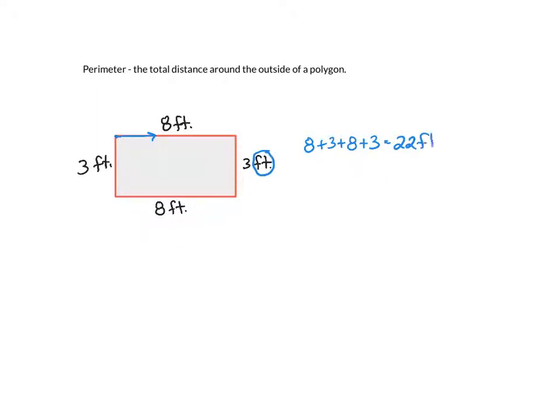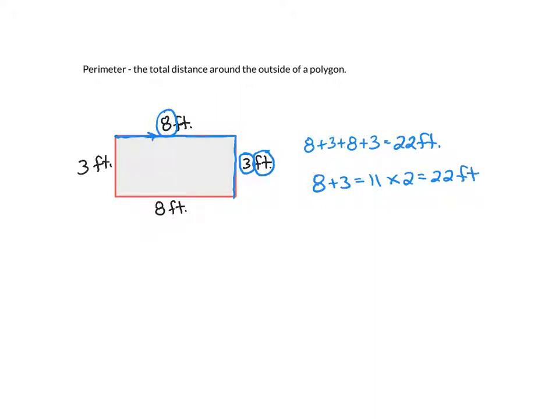It's 22 feet. Now that's one way that you could figure out the perimeter, but I do want to talk about some other ways as well. Rather than just adding up all those numbers, something else I could do is add up the width and the length, the 8 and the 3. If I add up the 8 and the 3, I know that's equal to 11. Well, that is halfway around. So then I could just double the 11, or multiply by 2,